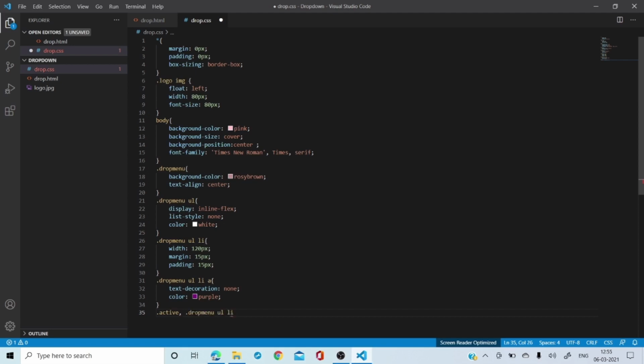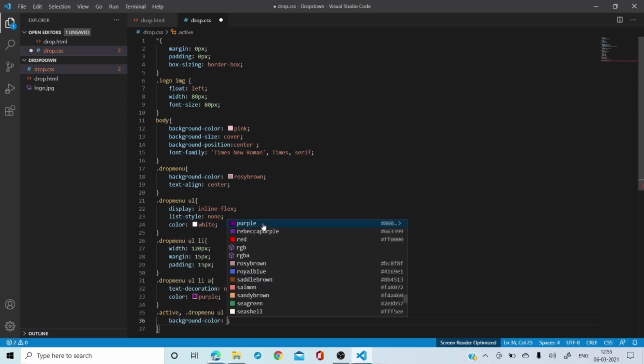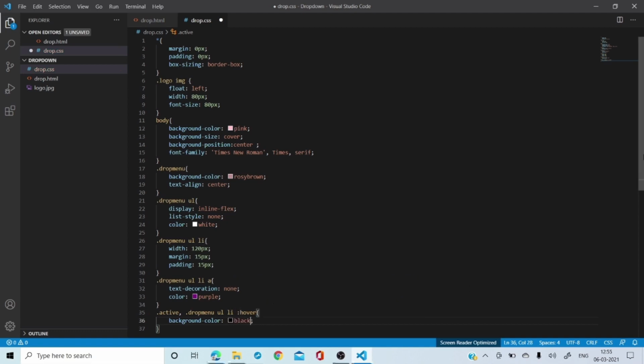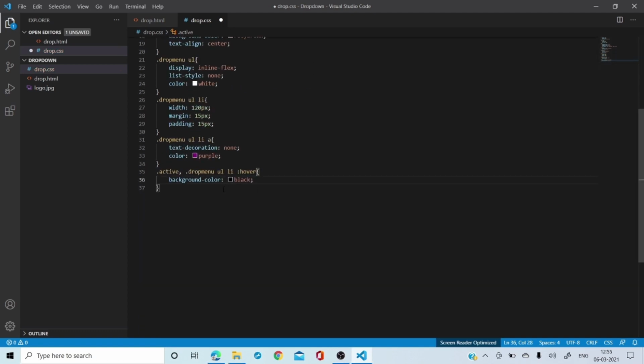Like this, correct? And after this you're going to put the hover effect, correct? Now when we hover, what do we want? I want the background color to change to, say, black. Okay, and after the black color, what is the next thing? The border radius also, let me put it. So the border radius will be, say, 3 pixels.